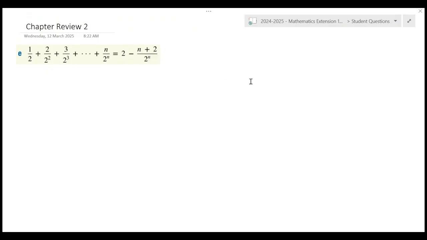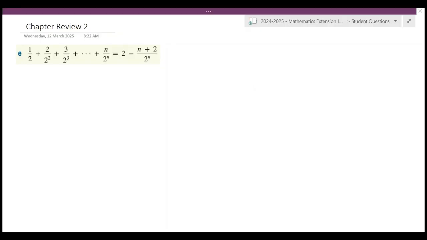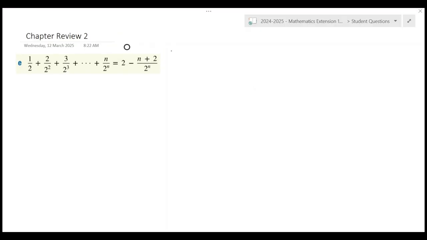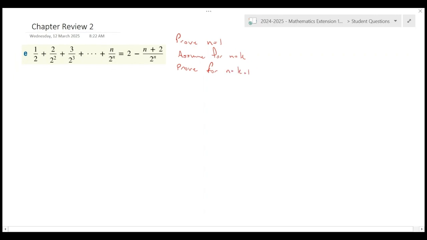So here we go. Mathematical induction, remember the things we want to do is we're going to prove for n equals 1, assume for n equals k, prove for n equals k plus 1. That's basically what we're doing. So let's start with that. Let's prove for n equals 1. So for n equals 1, which is our base case, what we'll do is we're going to call it,